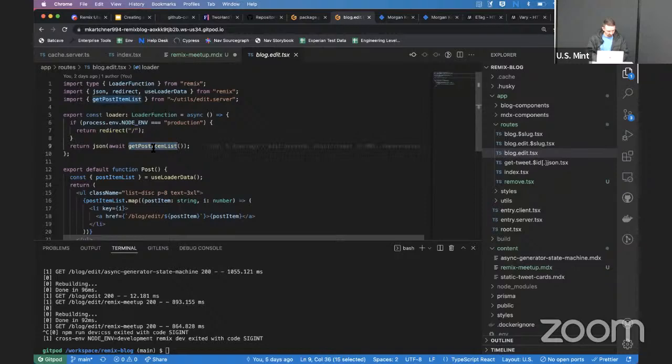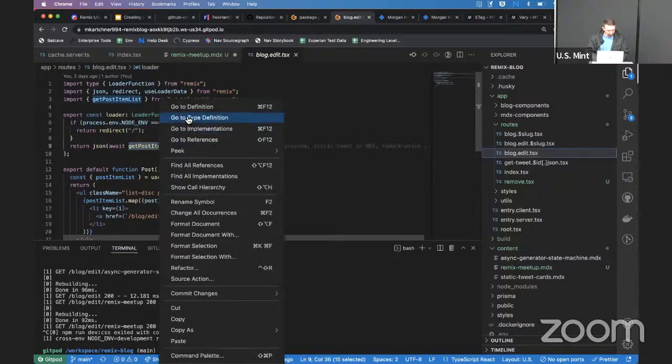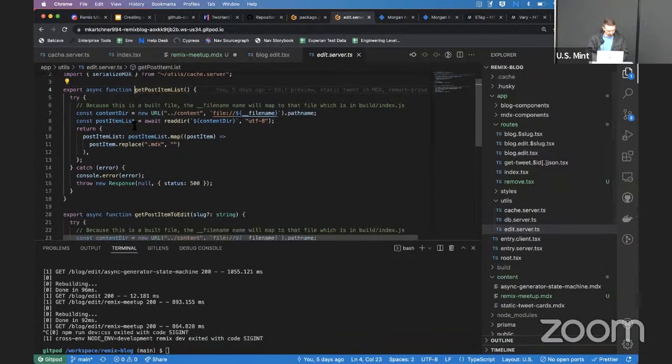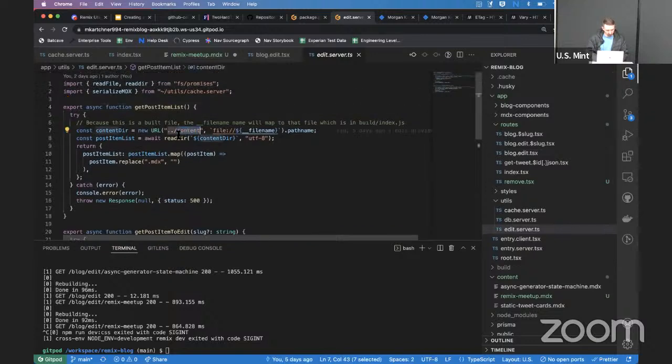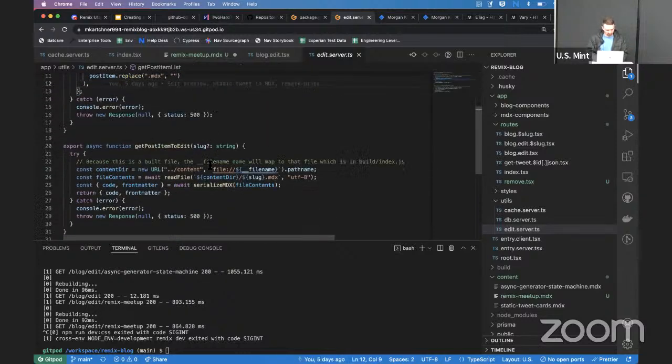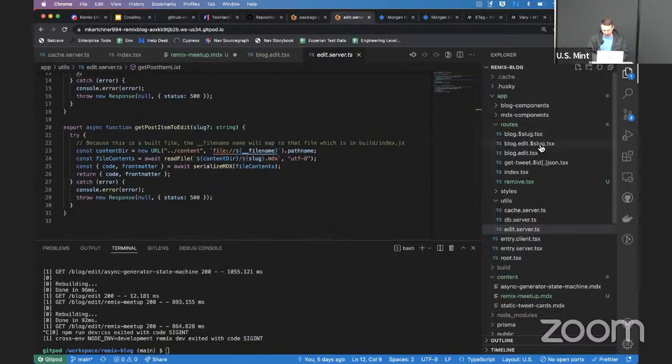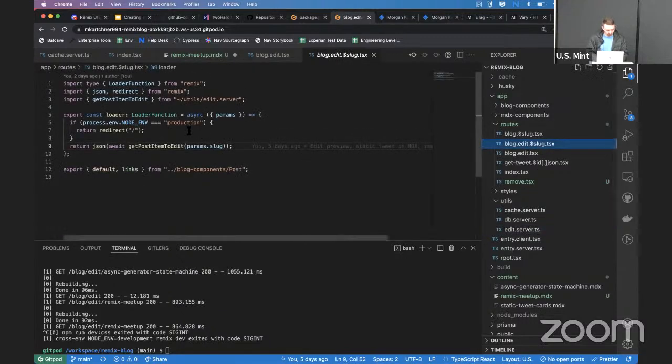And then this get post list items just goes and looks up the content, does a redirect for the edit page and shows here's the items in that directory. And then for the actual blog post, it's the same deal, but with the get post item edit.